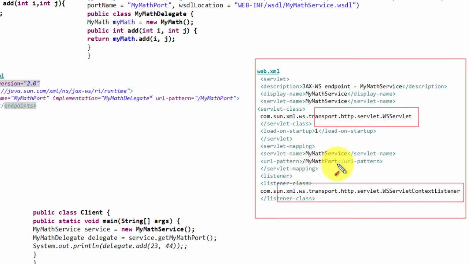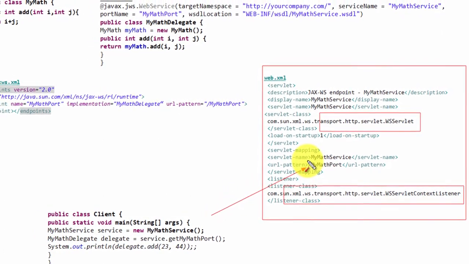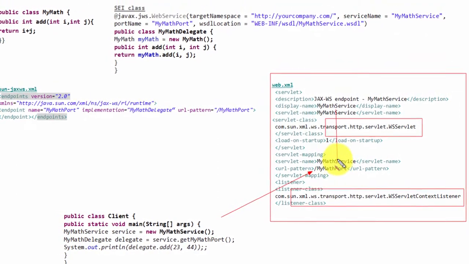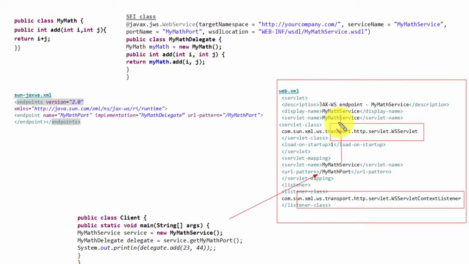When the client calls mymath port as per the configuration mentioned in the sun-jaxws XML file, the control will go to the mymath delegate class.